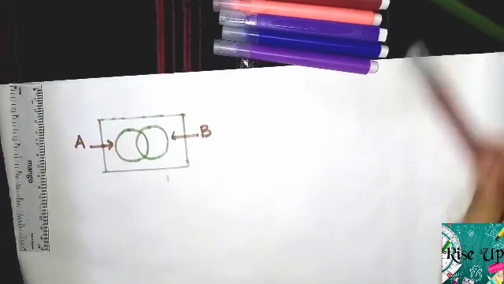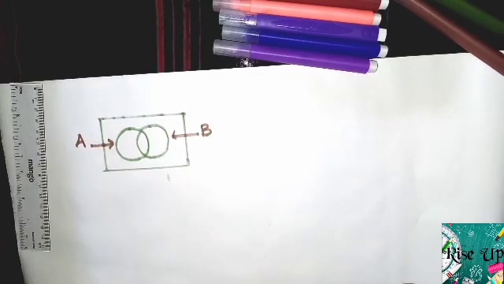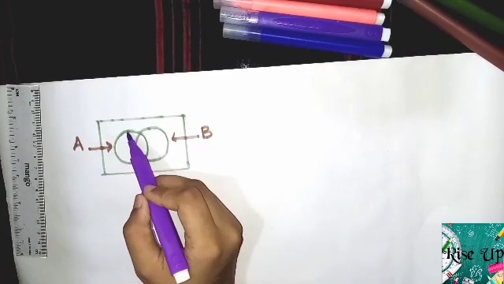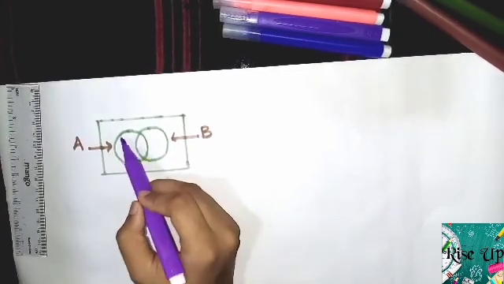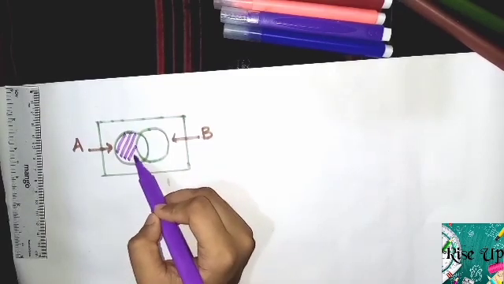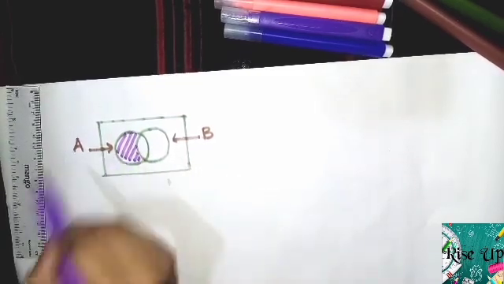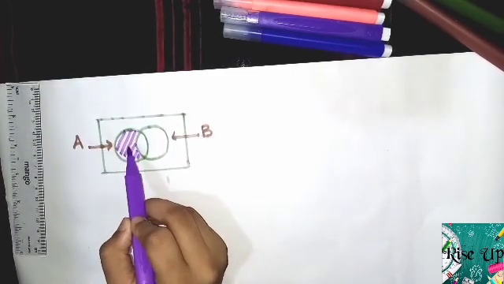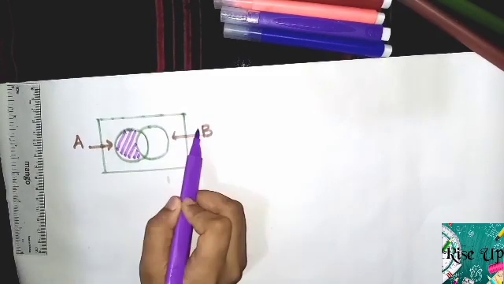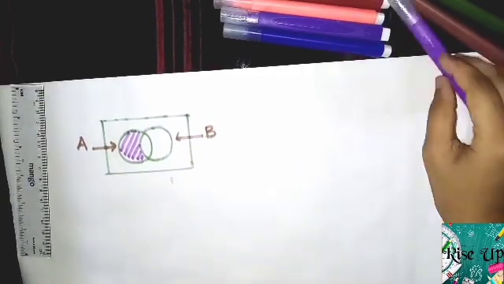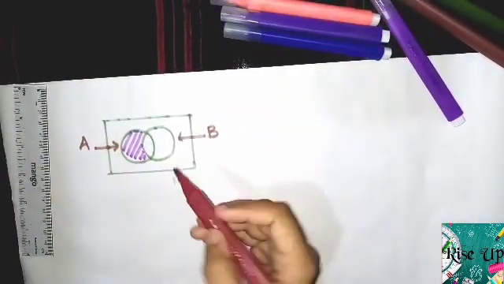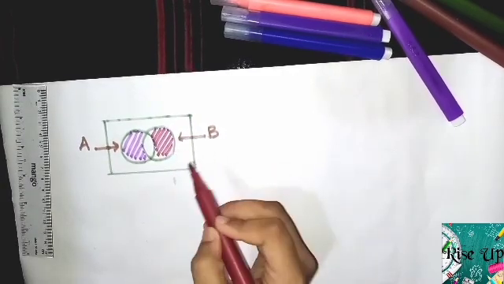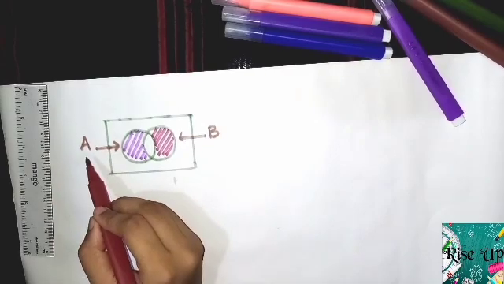So now I'm going to explain to you what is a Venn diagram and how to insert the objects into a Venn diagram. So can you see, I'm going to shade a portion and observe it well. This portion which I'm shading now belongs to set A. So whatever objects you insert in this portion belong only to set A but not to set B. Likewise, whatever objects are inserted into this portion belong only to set B but not to set A.